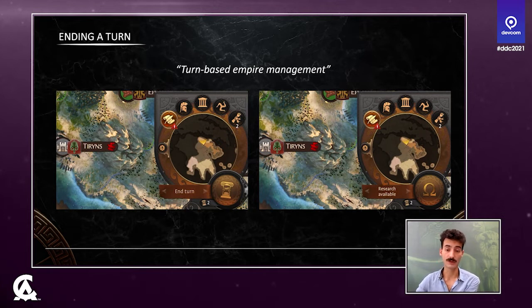So these can be, for example, as you can see here, it says research available. That means that if you click on that button, it will open the research screen where you can research new technologies. This can also be, for example, a hero not moved notification, or construction available in one of the settlements. You get the idea. Basically, it is great in that sense,